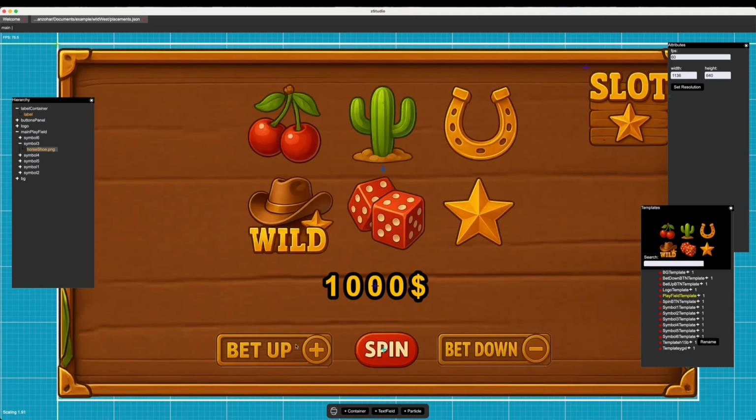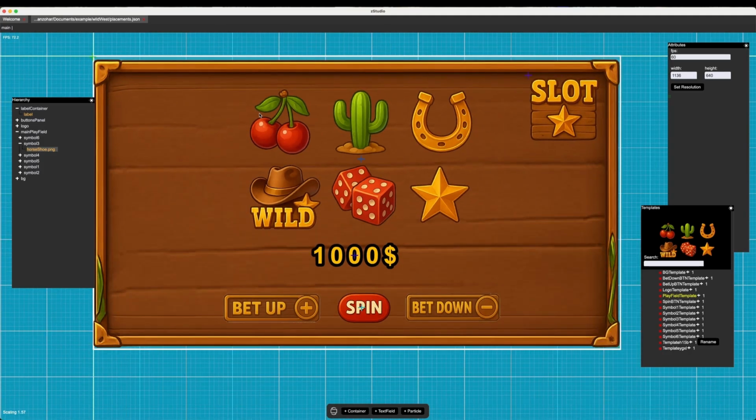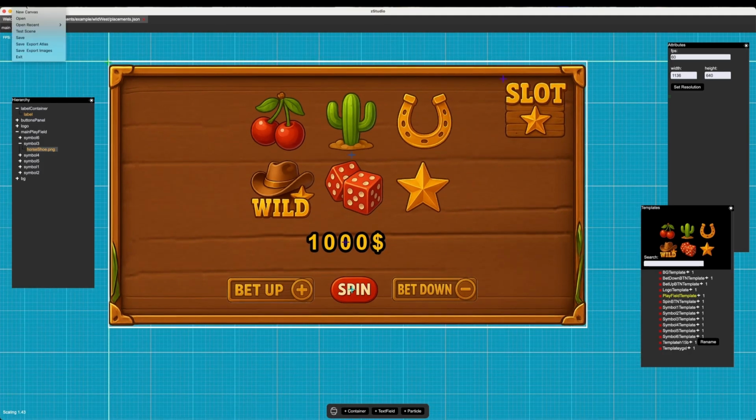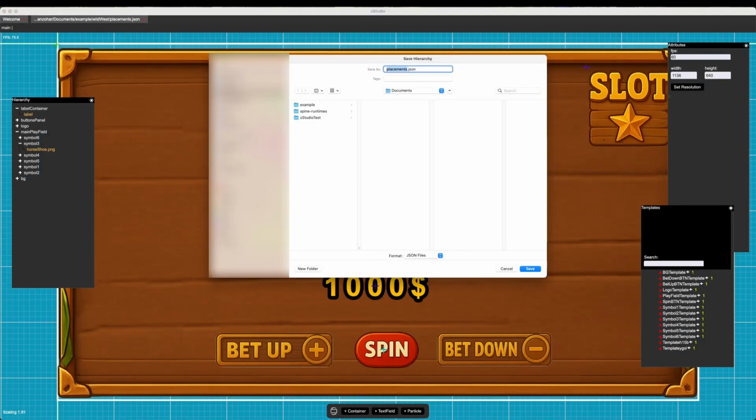Now we want to save this. So there's actually 3 options to save in zStudio. The first is save. Let's save this. Let's create a new directory. Let's call it